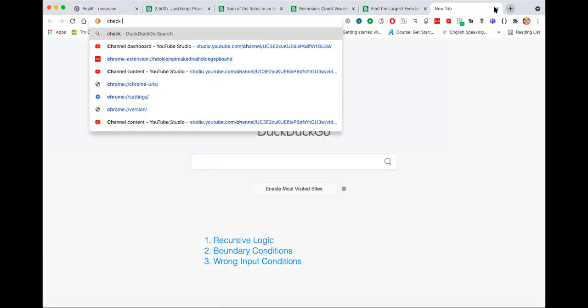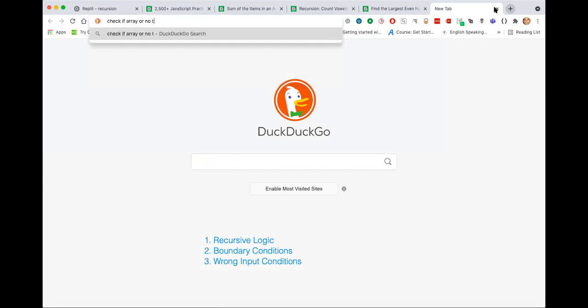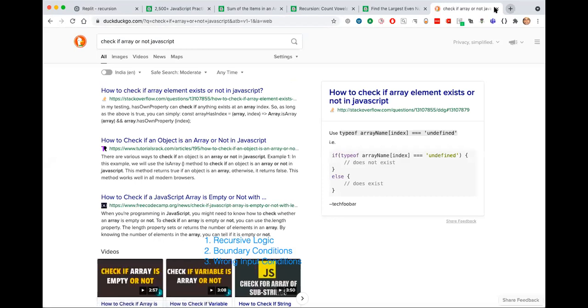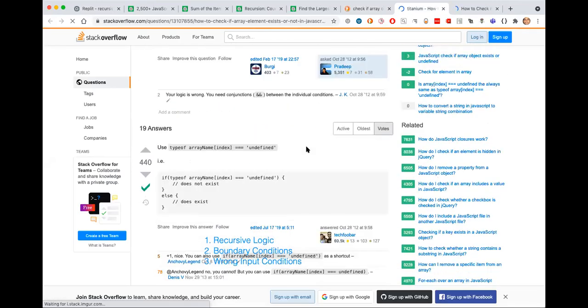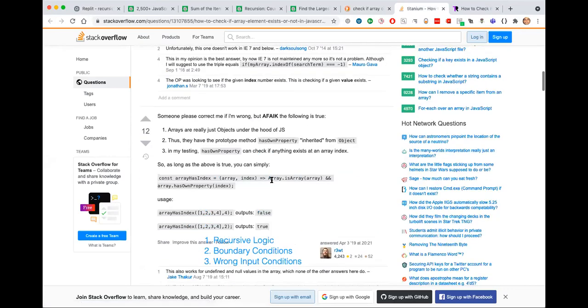Okay, getting no responses. Let's search on Google how to check if array or not, JavaScript. Maybe there is a helper method of some sort. So Deepak is saying isArray. Okay. So there is something called isArray.